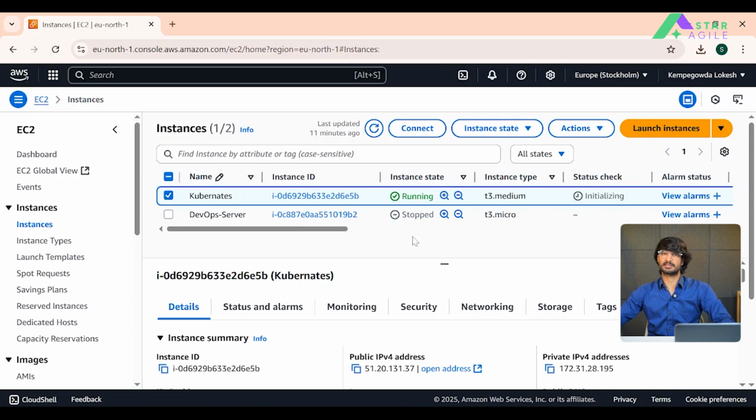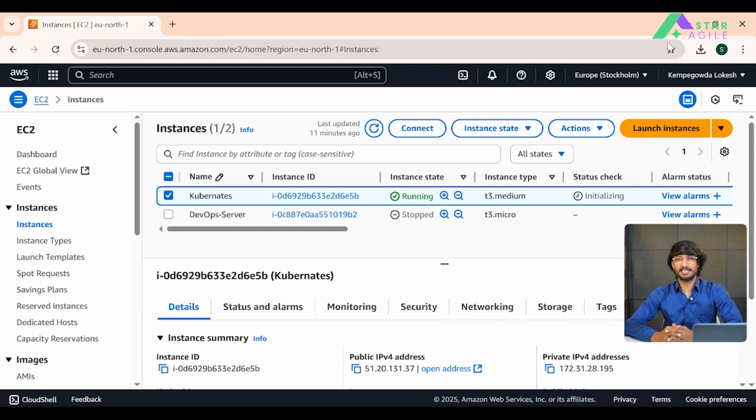So you need to use T3 medium or T2 medium instance type, and you can use the Ubuntu 24 version of the Linux operating system. As you can see, for this setup I have chosen an Ubuntu server on T3 medium or T2 medium, anyone works, and do make sure your hard disk is 20 gigabytes in size.